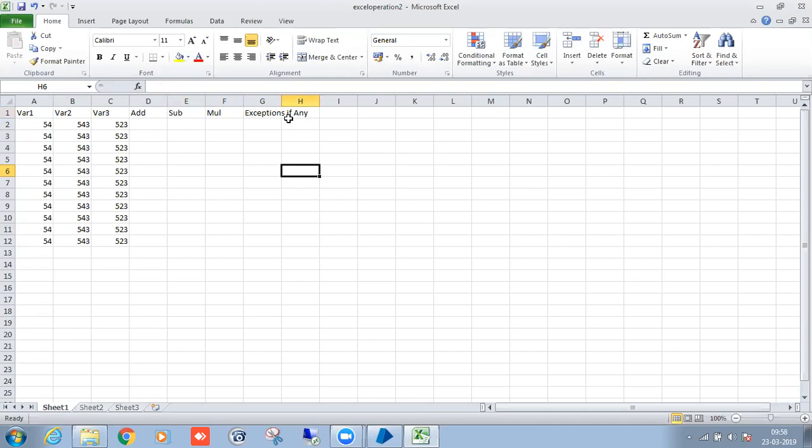So exception sequence means suppose we are trying to validate this record. Is there any exception happening? Then what that exception reason is, you have to paste it here. Okay, this is the complete use case. Now I have taken the data properly, right? There will be no exception here. Variable 1, I have taken all the values. There are no empty rows and everything is working fine. So for this use case, I will do addition, subtraction, multiplication.